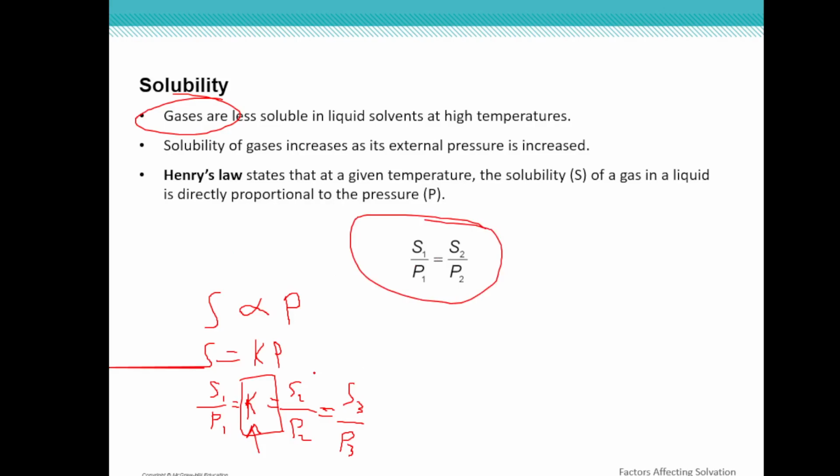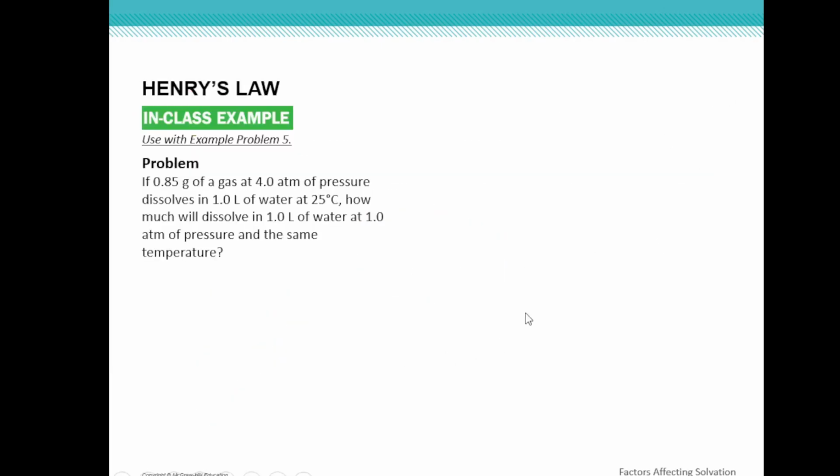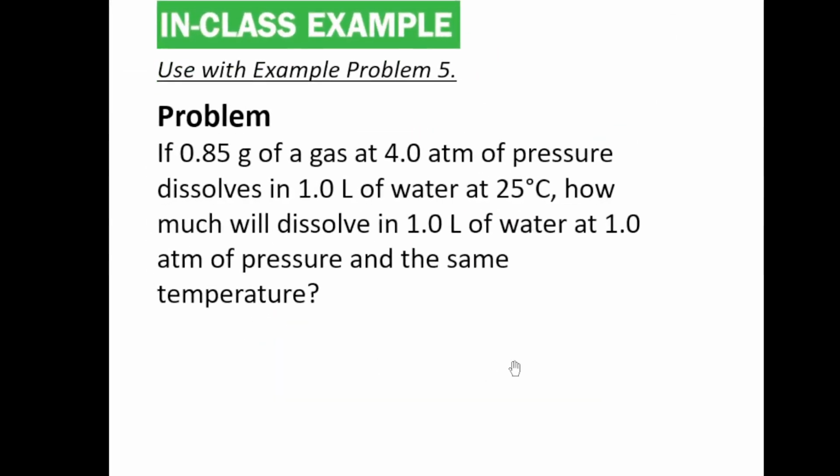So what Henry's law allows us to do is have a certain gas dissolved in a certain pressure system, then change the pressure on that system, and see how the solubility changes as a result. So here is an example for Henry's law. If 0.85 grams of a gas at 4 atmospheres of pressure dissolves in 1 liter of water at 25 degrees Celsius, how much will dissolve in 1 liter of water at 1.0 atmospheres of pressure, at the same temperature? There are some red herring values in this problem. We are dealing with Henry's law, so we really just want to deal with the